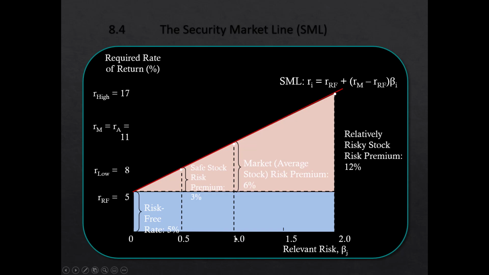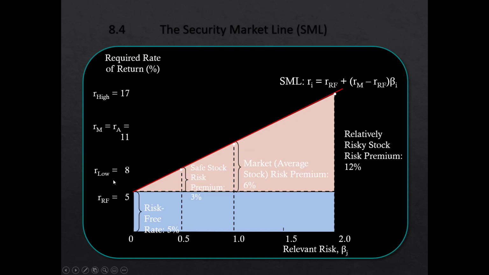So at 1, your required rate of return is 5, the risk-free rate, plus the average market risk premium of 6 times the beta. So that equals 6 plus 5, which is 11. So that's the amount that is essentially required here. When you've got a low-risk stock, you take the market risk premium, which is 6. You multiply it by the beta, which is 0.5. So you get a 3. You add that to the risk-free rate of 5, and you have an 8 as your required rate of return